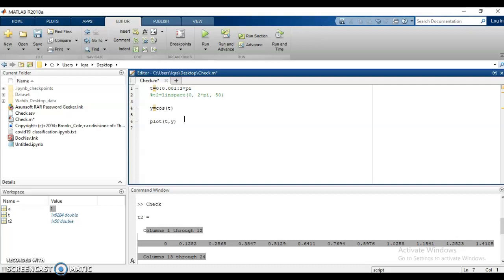Okay, so we are going to label the axes first. For the x label, we have time t, and then the y label is the cos of t function. Along with that, I'm going to give it a title: graph of cos of t with respect to time. Okay, so this is how we are going to format. I'm going to save it and then run it.